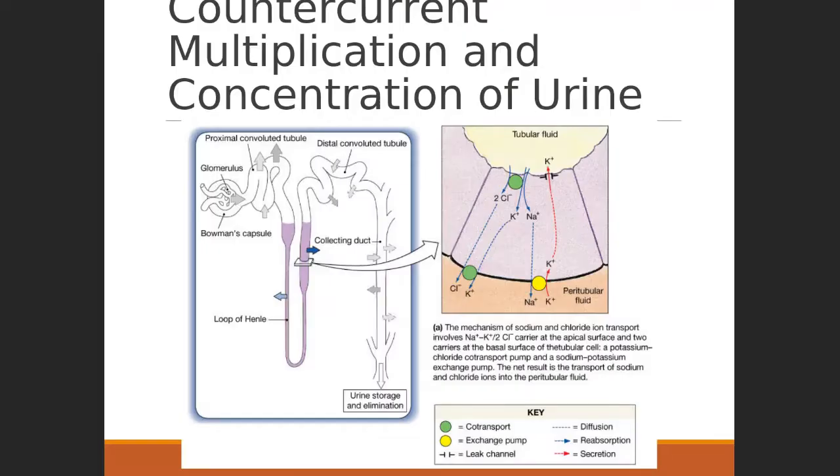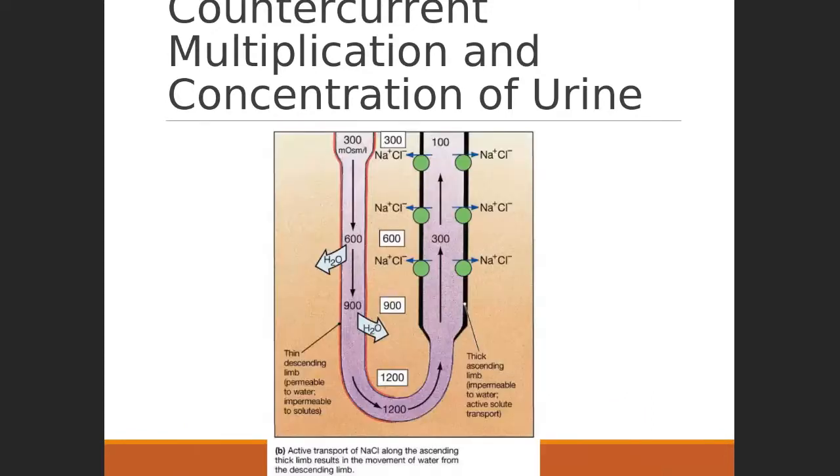So we have osmosis from the descending limb, we have active transport from the ascending limb, and the transport of each is influencing the rate of the transport of the other. If we look at a different diagram and actually put some numbers on here,